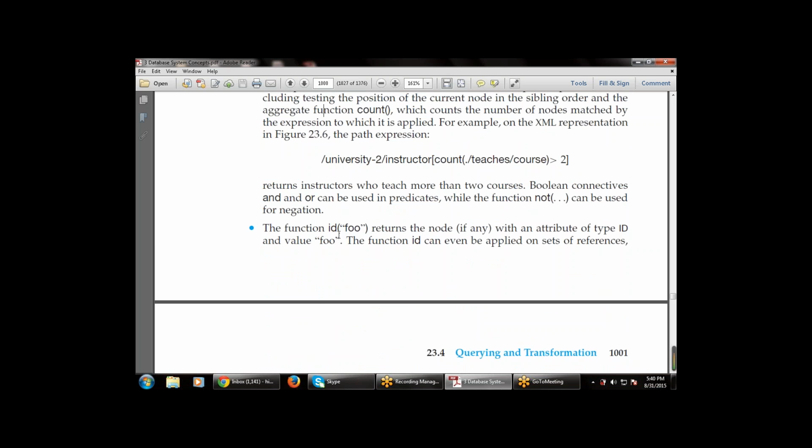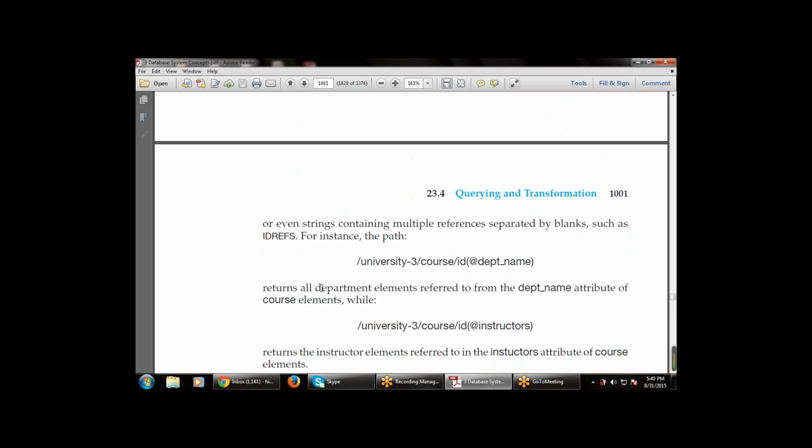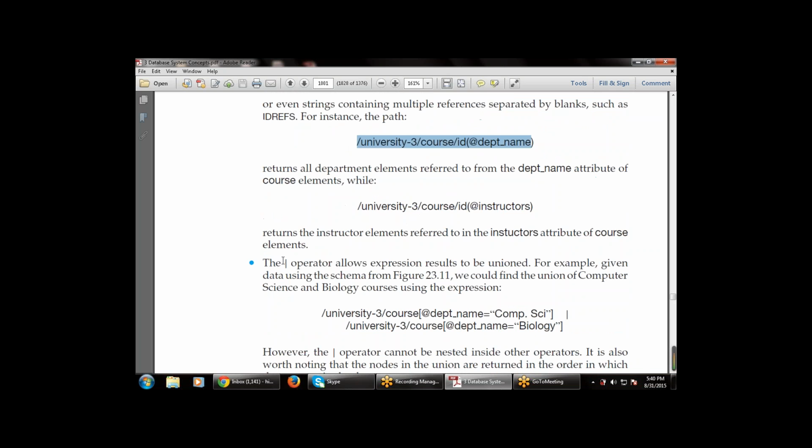And the function id, that is id("foo"), returns a node with an attribute of type ID and the value foo. So the type has an ID, and the value is foo. That can even be used as a reference, that can be used as an IDREF. For example, this is the path that is used. Then the operator, that is a pipe operator, allows the expression result to be